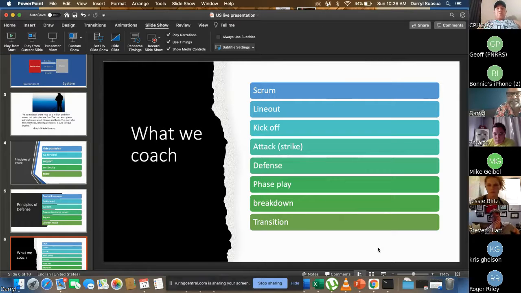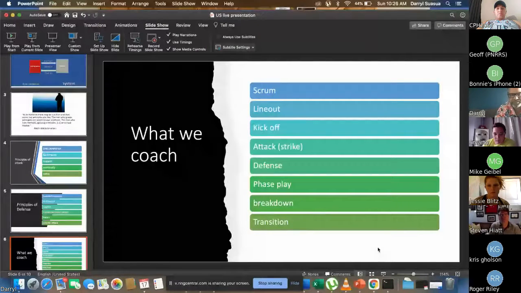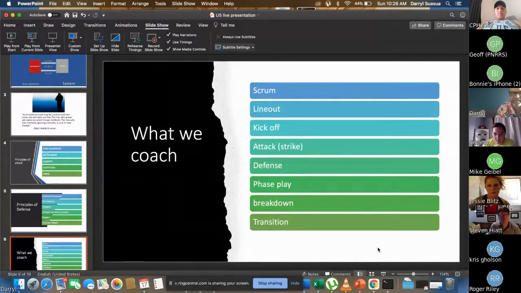Yeah. So if we've got an attacking penalty, and if we were going to take a tap and go, that would, in a way, come into that set piece bit. So it's just the start of play. The first thing we want to do if we're going to tap and run is get some go forward, or we're kicking to a touch line and starting off with the line out. But it's a good point, coaching set piece, tap